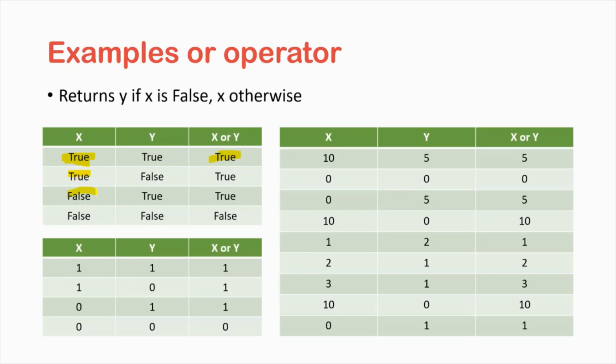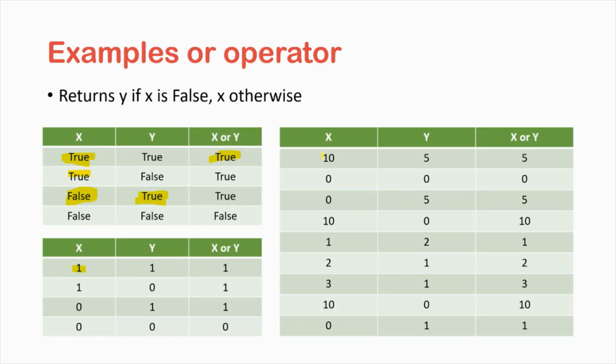If the first is false, it will go to the second statement to check whether the second is false or true. If the second is false, it will return false. If the second is true, it will return true. So it will wait for the true value. If the first one is true, it will return true. If the second one is true, it will return the second value as true. Okay. So same here, false or false is false. Same for this also: 1 or 1 is 1, 1 or 0 is 1, 0 or 1 is 1, 0 or 0 is 0.